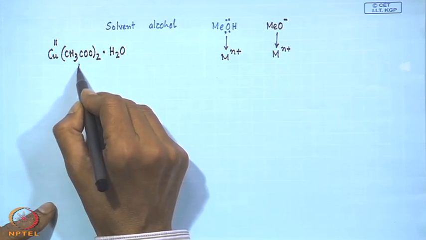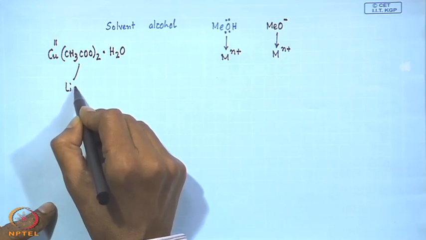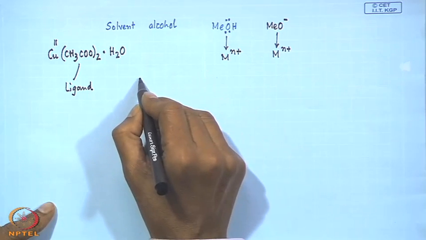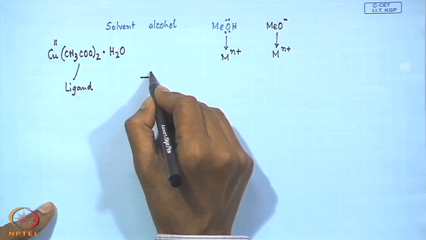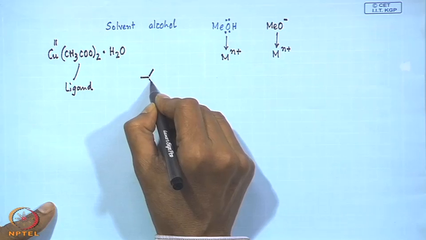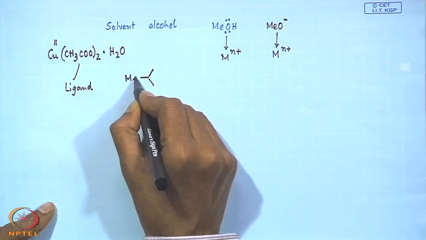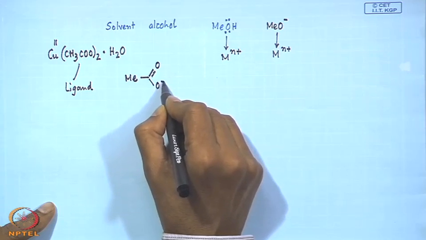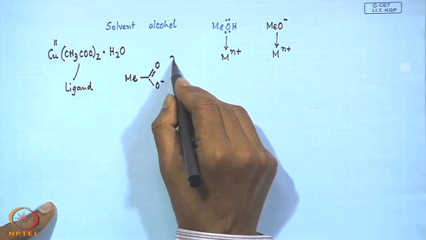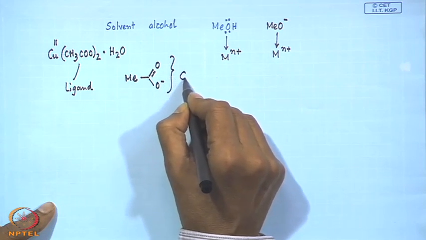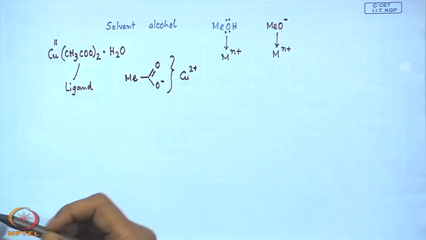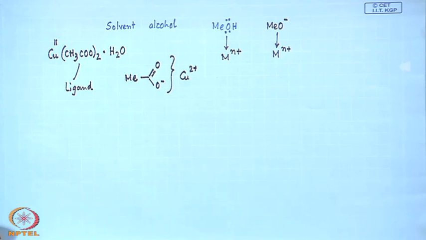So, this is also our ligand. It is also coming in our ligand list, and we will discuss in other classes how this CH3COO minus is binding to the metal center, and that will also solve the puzzle related to many other metal acetates, because it